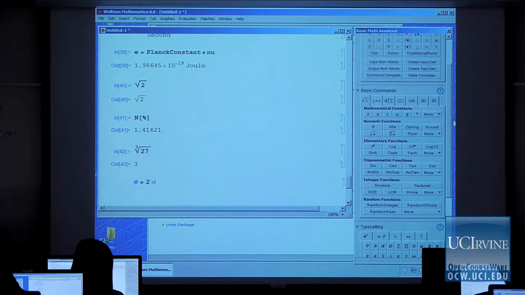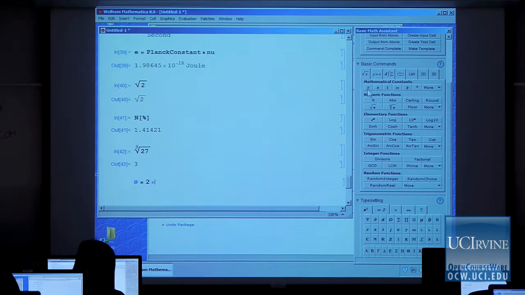Now for pi, I can go up here to the mathematical constants, and this is important to do, especially for things like E and I, because those are special. Remember, normally we would use capital letters for them, so you need to make sure that you're actually really getting the mathematical constant. So I click on the pi,